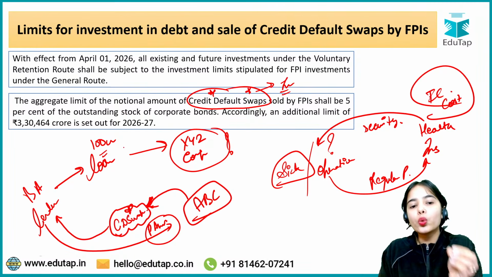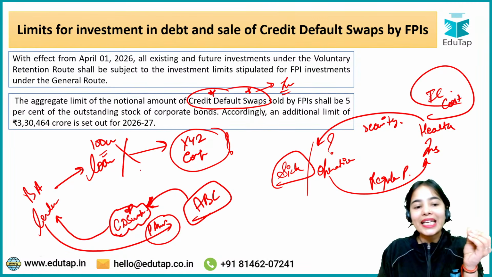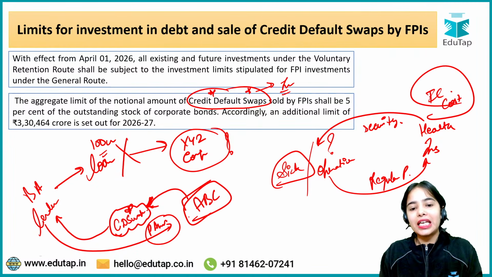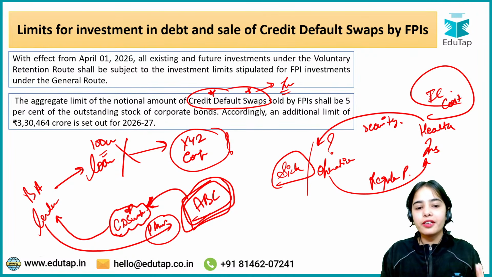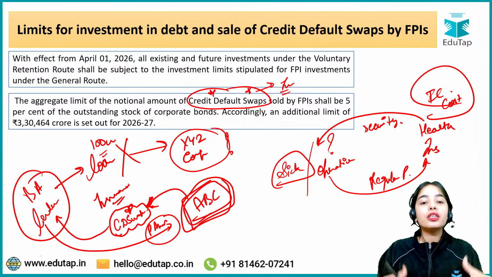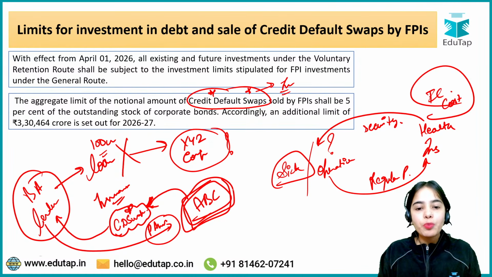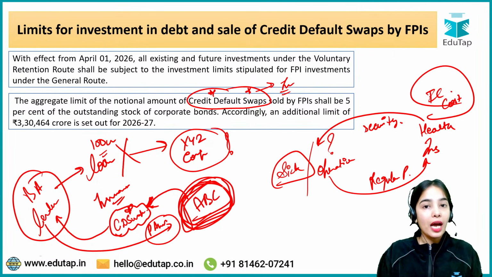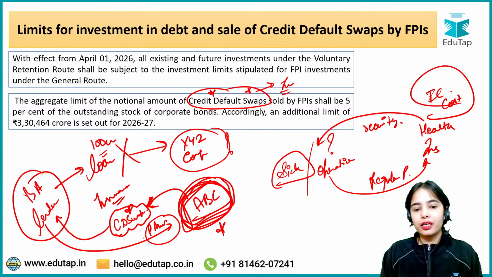Now, if the loan defaults, then the risk and the burden of the default will be taken by the ABC company. So this is the credit default swap. Basically, through the credit default swap, bank A has got the insurance that if the default happens, then the responsibility to pay is of ABC. If the default does not happen, it is good. The free premium amounts have gone to ABC.